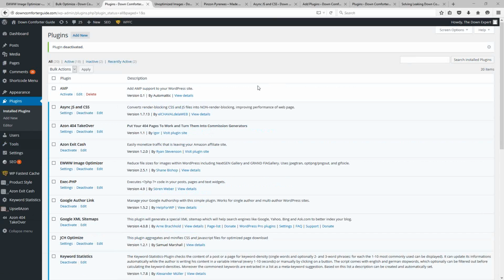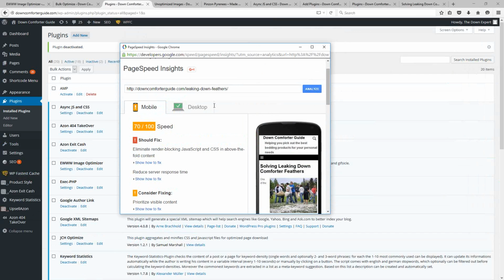One other thing worth mentioning, if you do use WP Fastest Cache and set it up exactly the way that I've taught in this training class, the way you're trying to combat this mobile score right here to get it as high as you possibly can